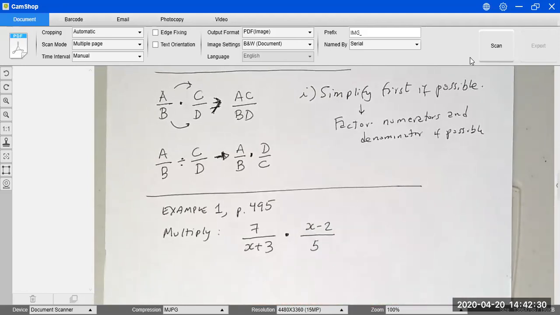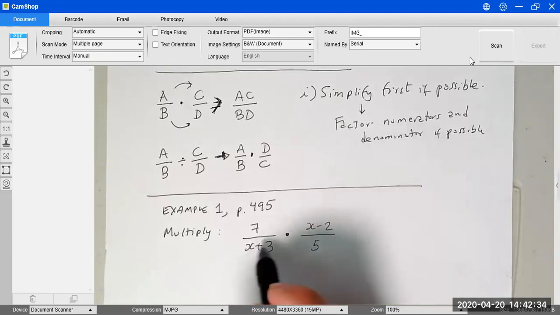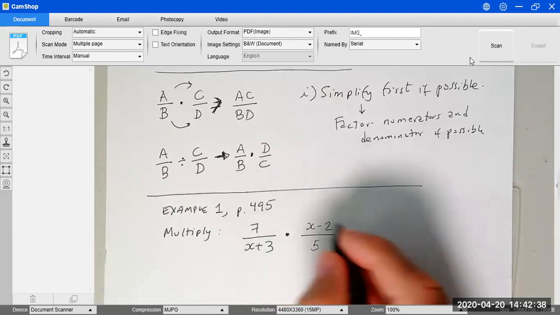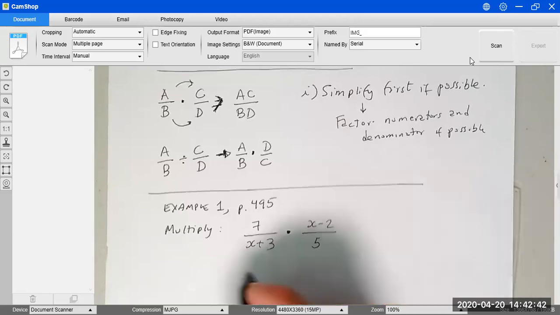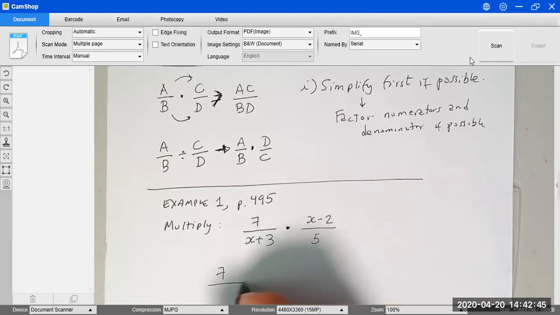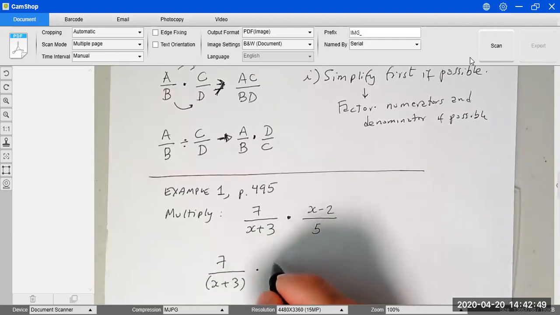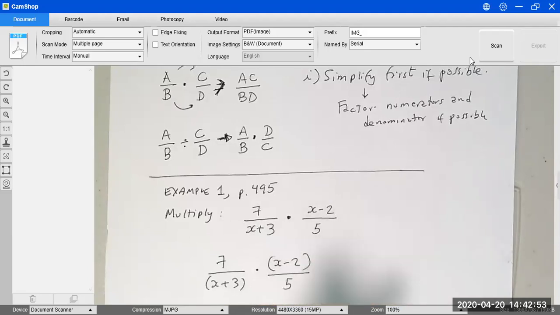The best way to see numerators and denominators as units that you cannot break is enclosing those in parentheses. So if you rewrite this as 7 over (x plus 3) and then (x minus 2) over 5,